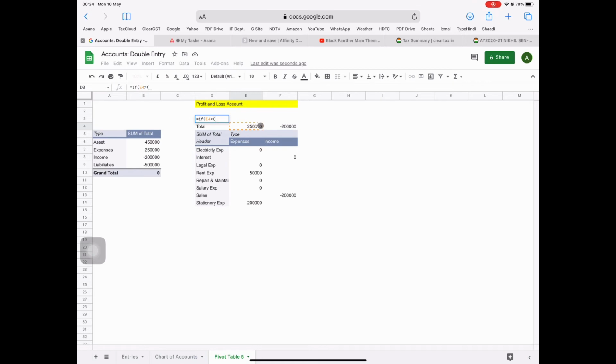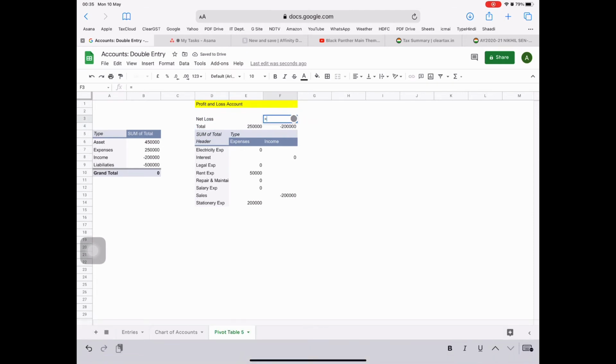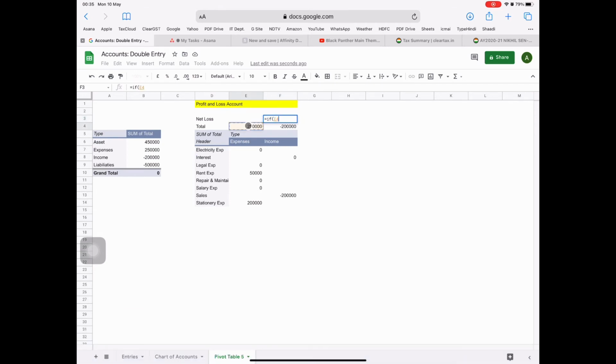Okay, here comes net loss. I have used the minus sign in the formula. You should do the same thing. Okay, I am using the formula that if this side is greater than that side, then the matching value should come in this side, and I will use the same formula in a reverse direction in the other cell. Okay, you can see the formula. If you are confused, I can elaborate, but for the sake of making the video quicker and easy to understand, I am doing it at my own pace.